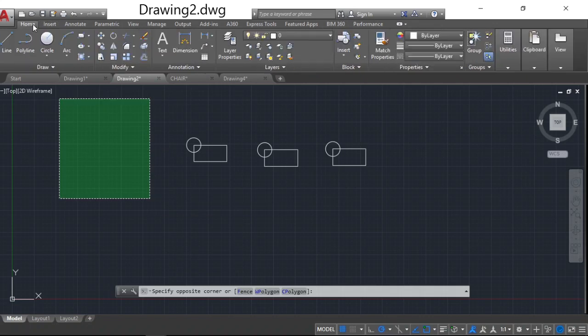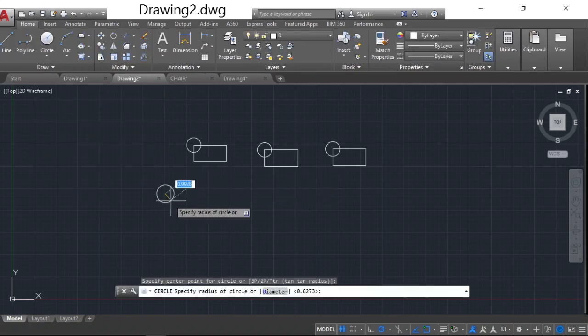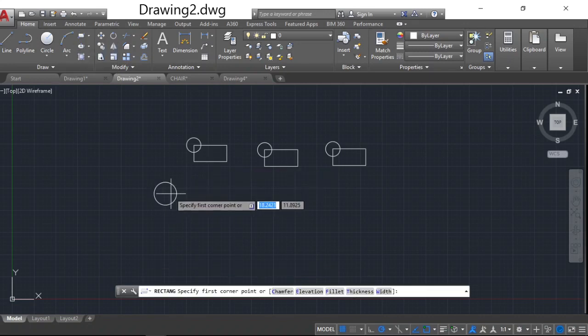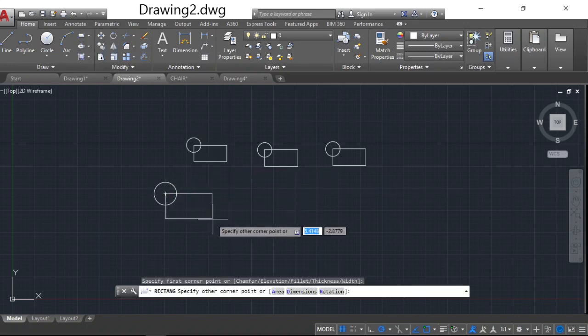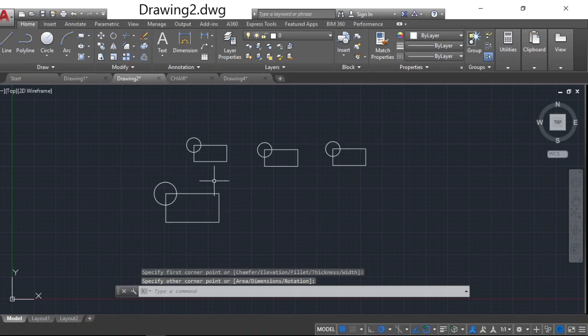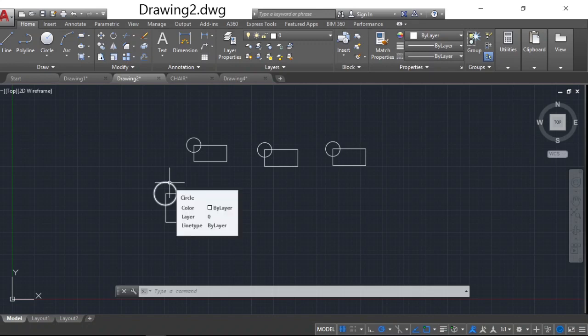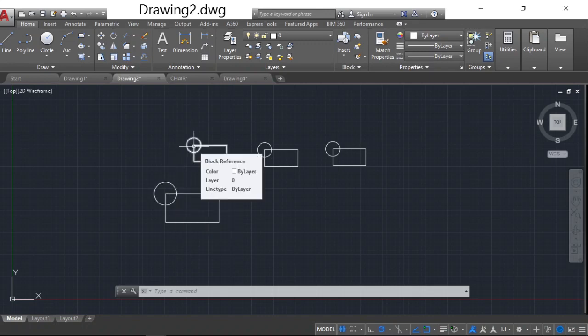For example, here I am drawing a circle, and again I am drawing a rectangle for this circle. These two are not the same. Why? Because if you move the cursor onto the object, it says that it is a polyline and a circle, but here it says that it is a block.